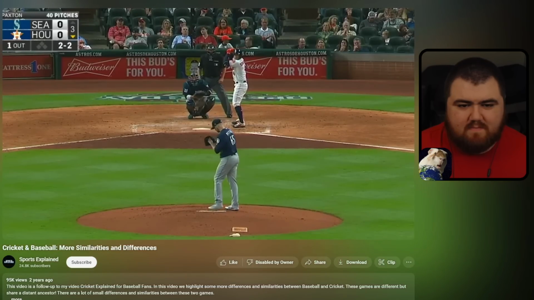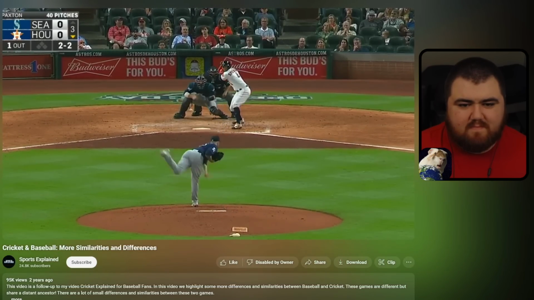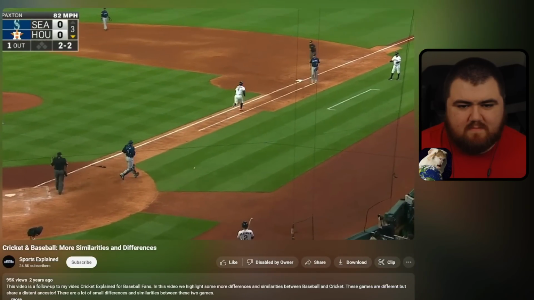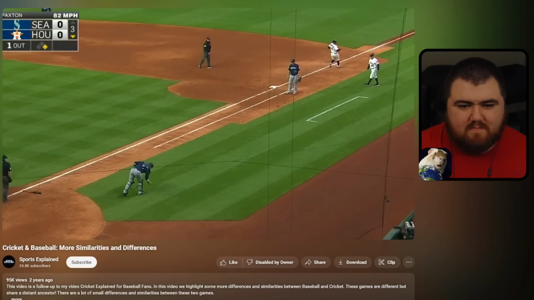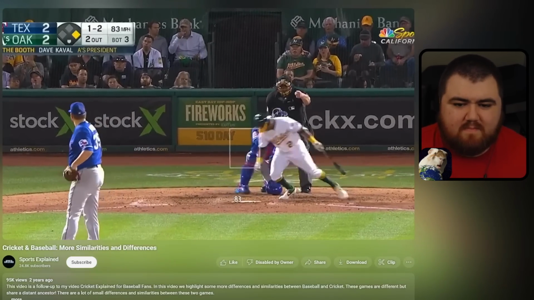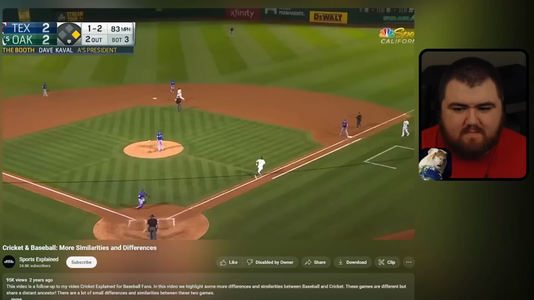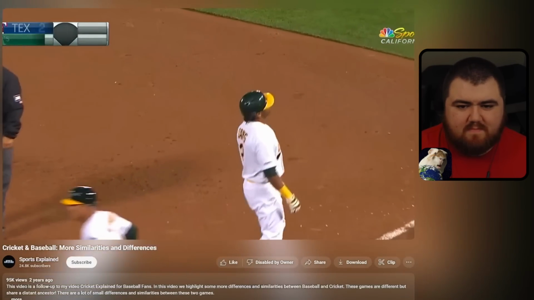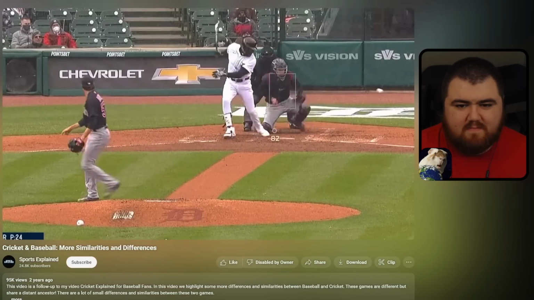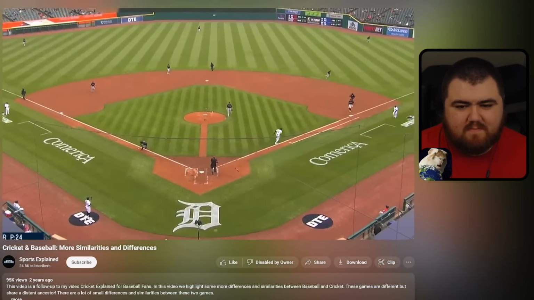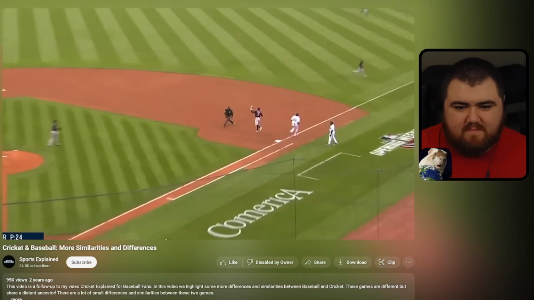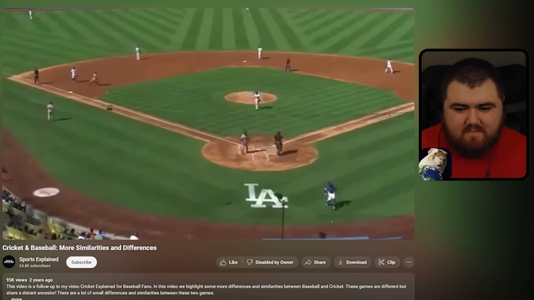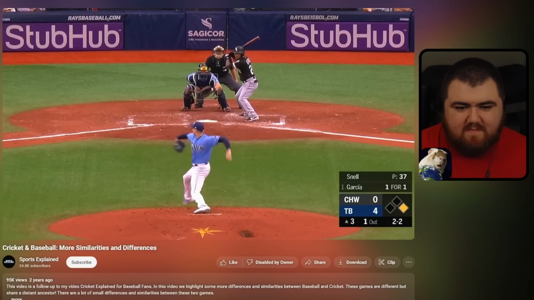So if the ball bounces first or if the catcher cannot cleanly handle the ball and the batter swings, it's still a strike. It still counts as a strikeout for the pitcher and for the batter, but the batter's not actually out. The batter is actually a runner as if the ball had been put in play. That makes sense if you know that the putout only happens when the catcher catches the ball. But that's not something you would know automatically, especially knowing that a batter can't just run to first base on a wild pitch or a passed ball otherwise. But even then, this does not apply.